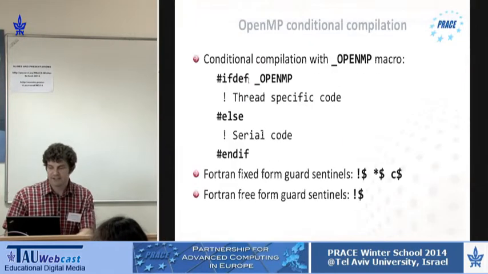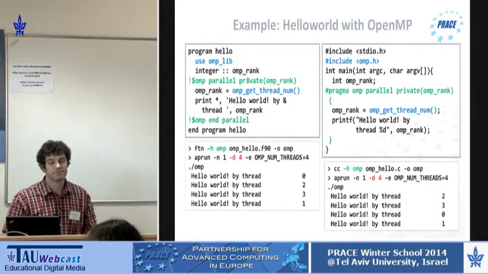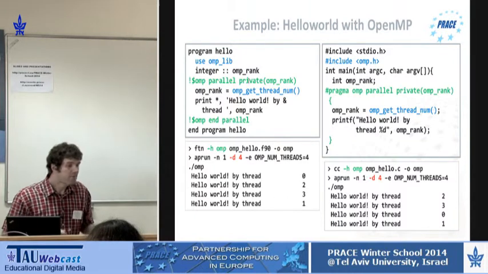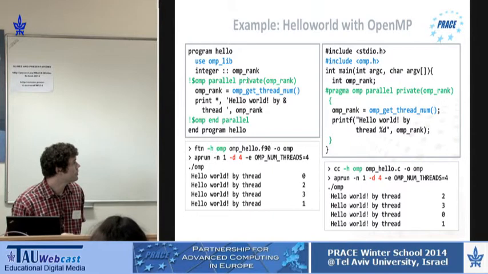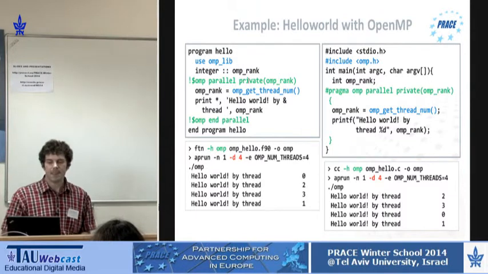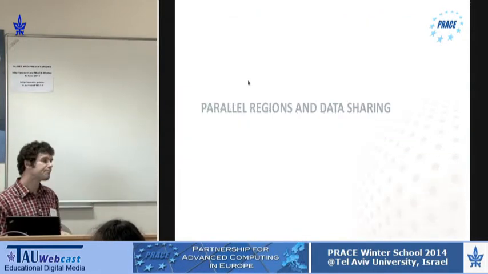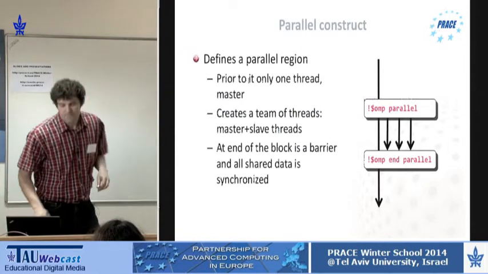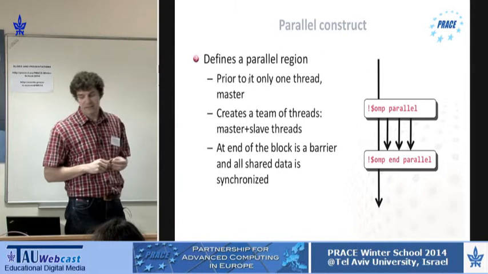So as you see, in principle it's very easy to get a first parallel program with OpenMP constructed. Here you can actually see one of the library routines, so that each thread can also print its ID. Okay, so you already saw the most important and most basic